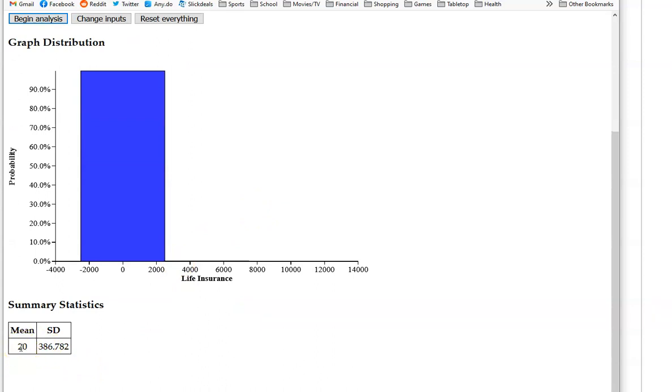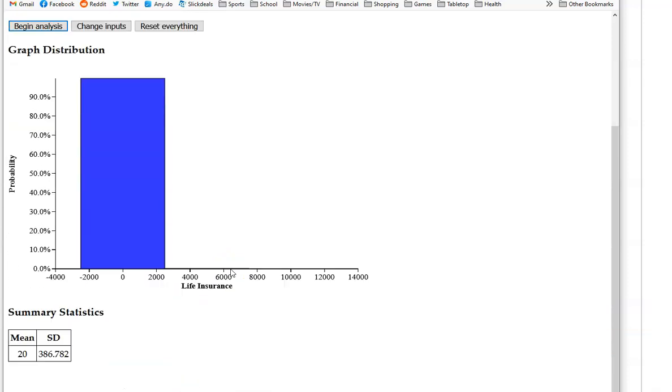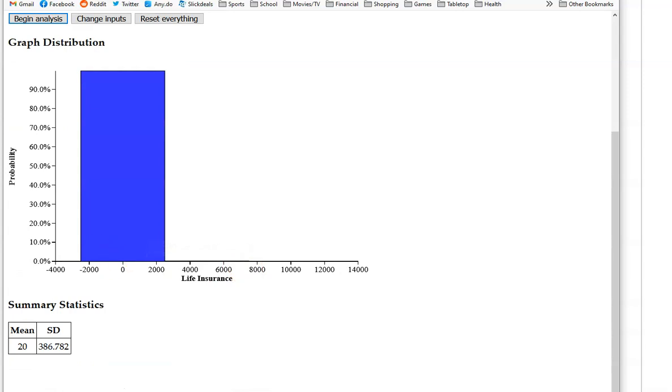What that means is, on average, the insurance company is going to pay out $20 per policy. Now, obviously, they're never going to pay out $20. It's going to be either $10,000 or $5,000 or 0. But on average, they're going to pay out $20. And the standard deviation is